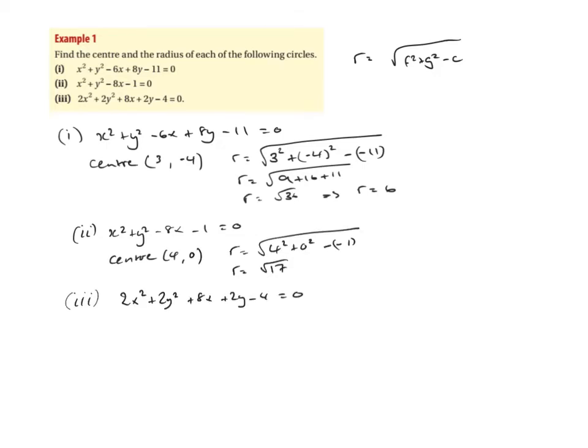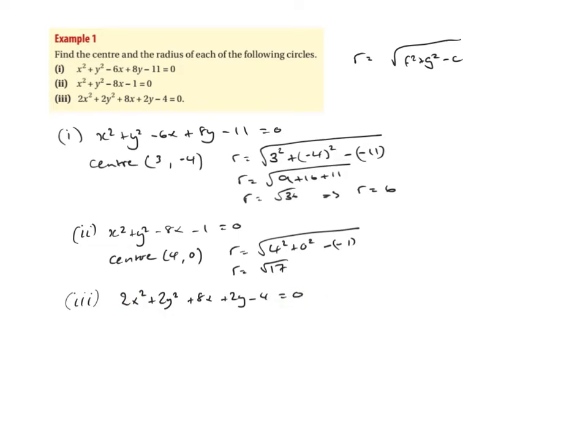Now, we said it has to be of the form x squared plus y squared plus some x's plus some y's plus or minus some constant is equal to 0. And you can see this isn't the case because we've got the 2x squared and the 2y squared here. So what we're going to do is divide everything by 2. Don't forget, this is still an equation of a circle, so as long as we do the same thing to both sides,